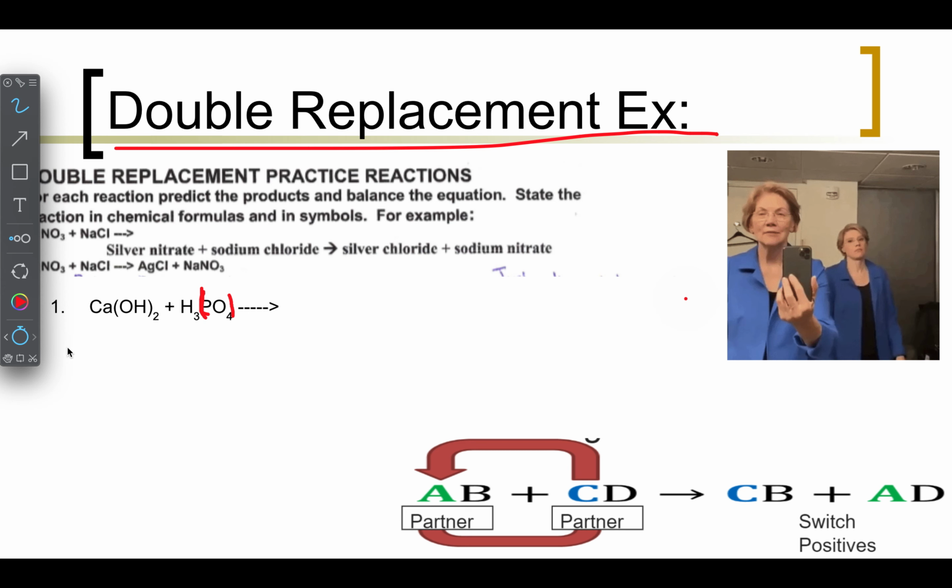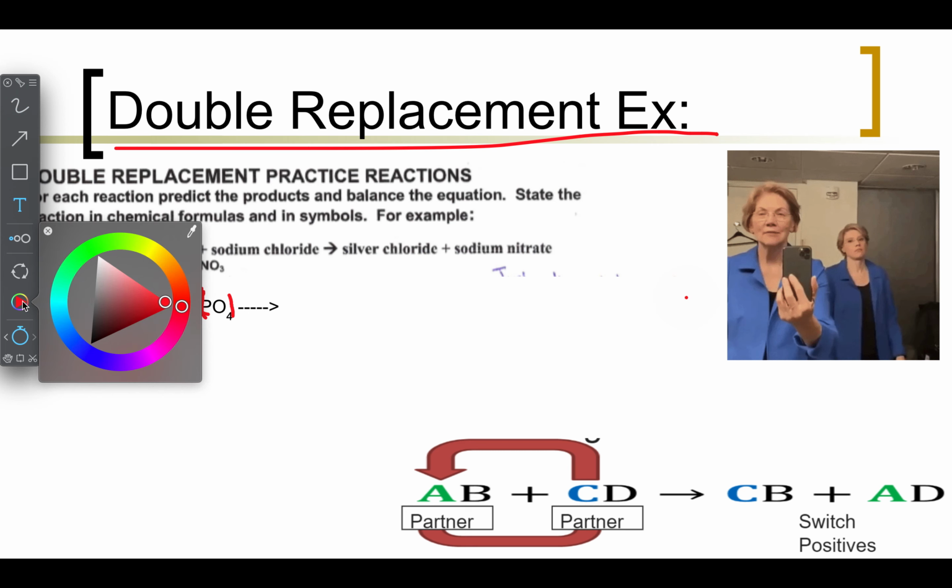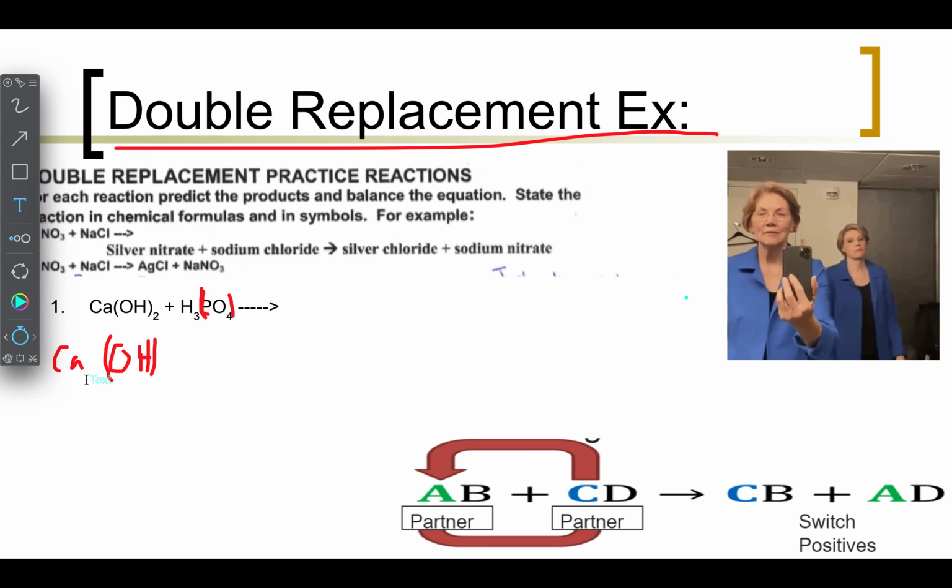So let's figure this out. Ca(OH), OH in parentheses. So then down here, this is actually a 1, and down here, this is a 2, and so then we're going to